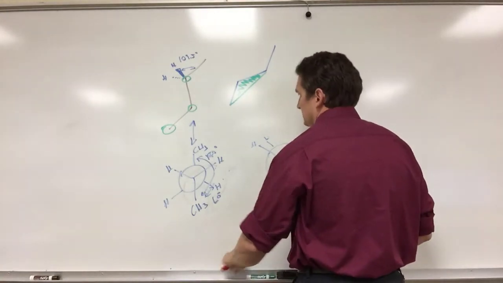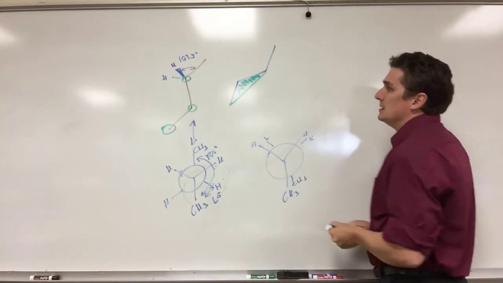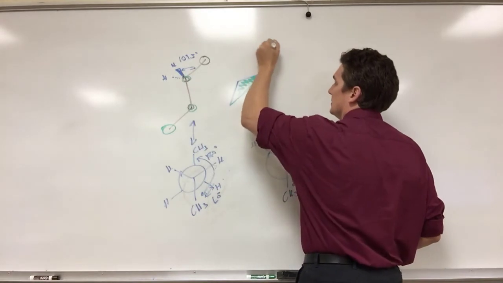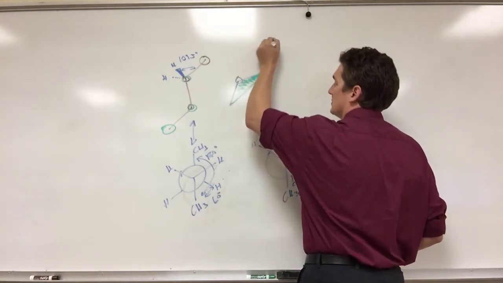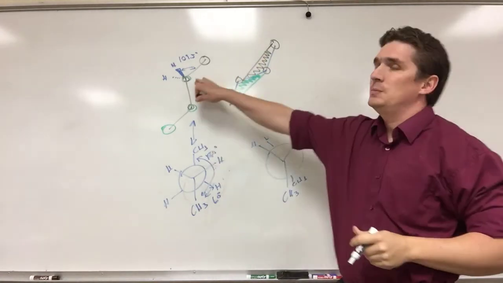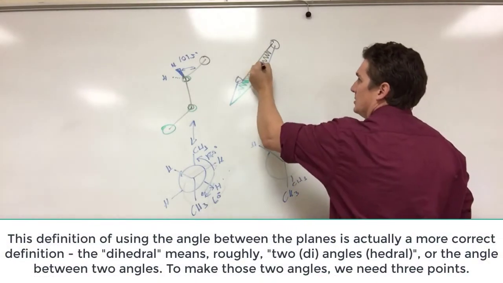The second plane is created by the methyl group and the two atoms along the common bond. The dihedral angle is the angle